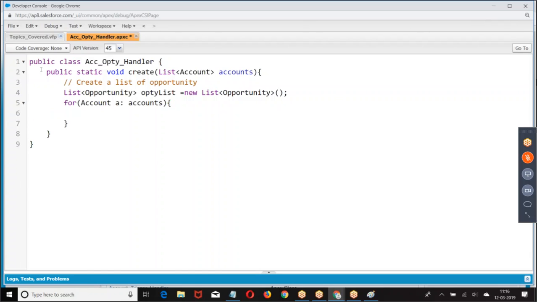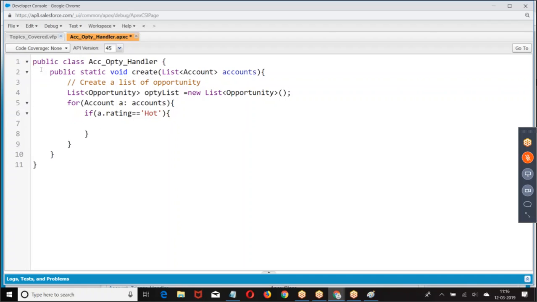Then take 1 by 1 account. Check if a dot rating equal to hot, then create an opportunity.